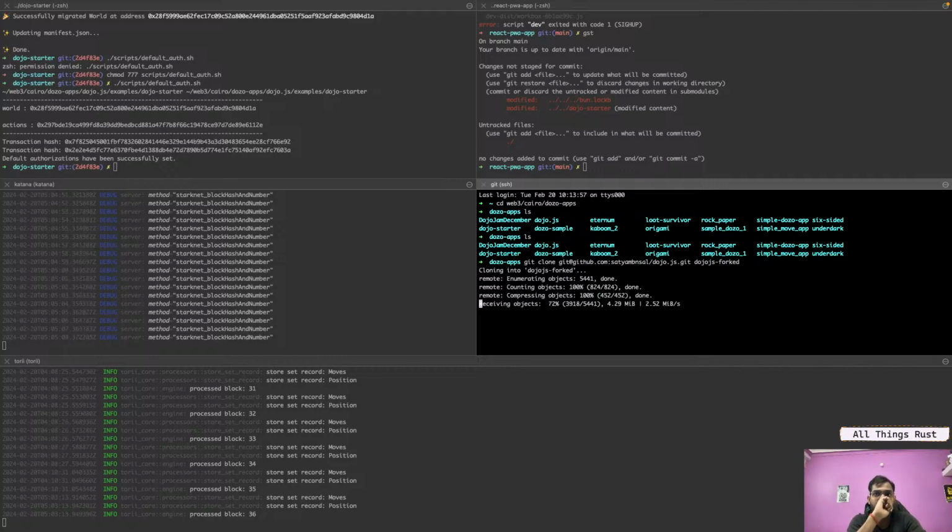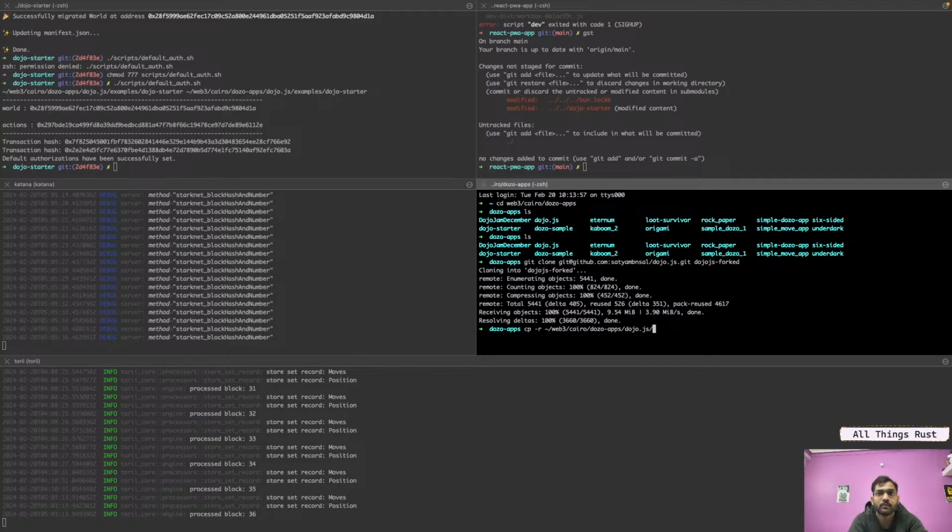Okay. cp -r dojo app slash react examples